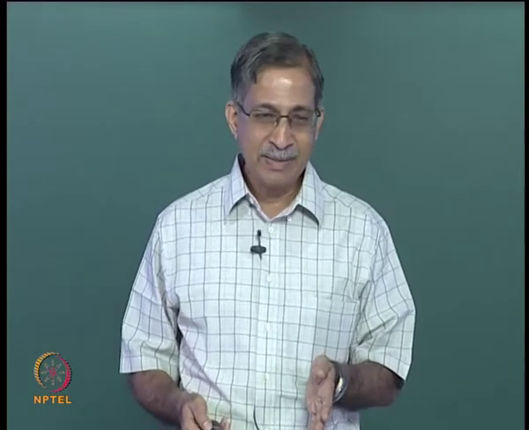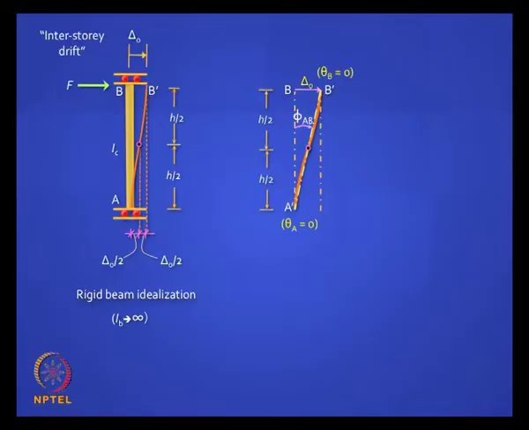A is moving, but B, which is located higher, will move more than A, and we are really interested in the relative movement between B and A. Is it clear? That is called interstory drift. Now really speaking, you can put this guided roller support at the bottom also, because it is also going to move. So now this will give you a better idea of a symmetry in that frame, and of course it is unstable, so the rest of the building helps in propping it through.